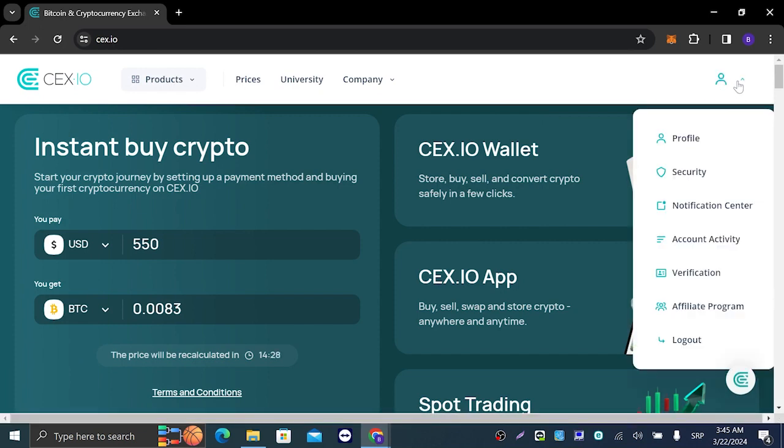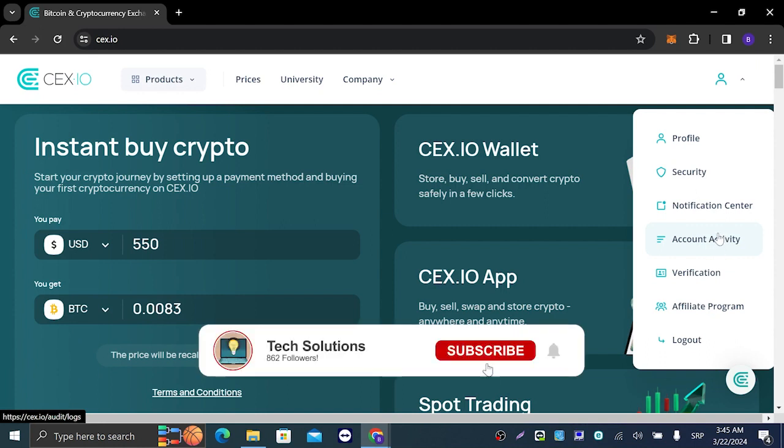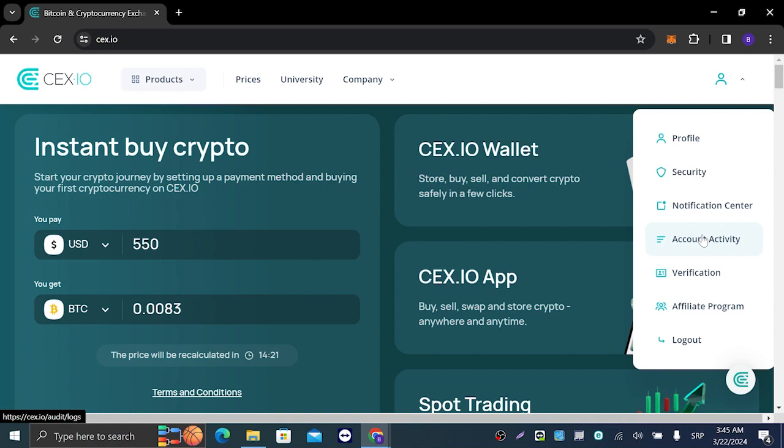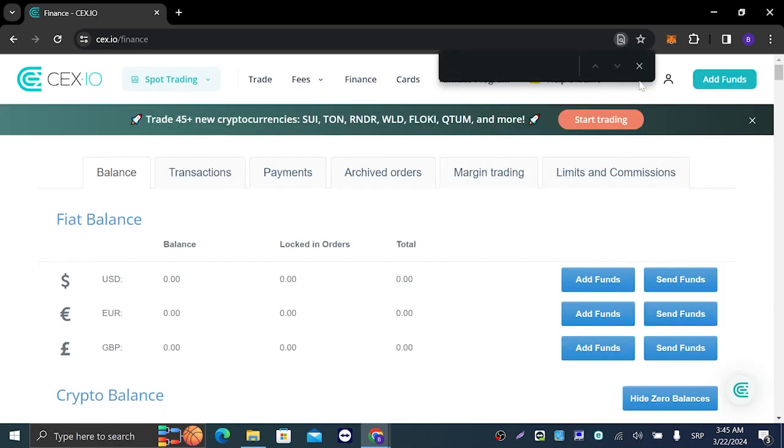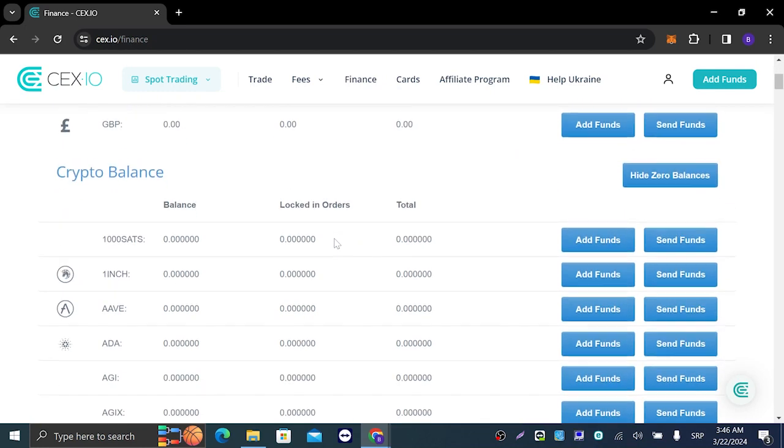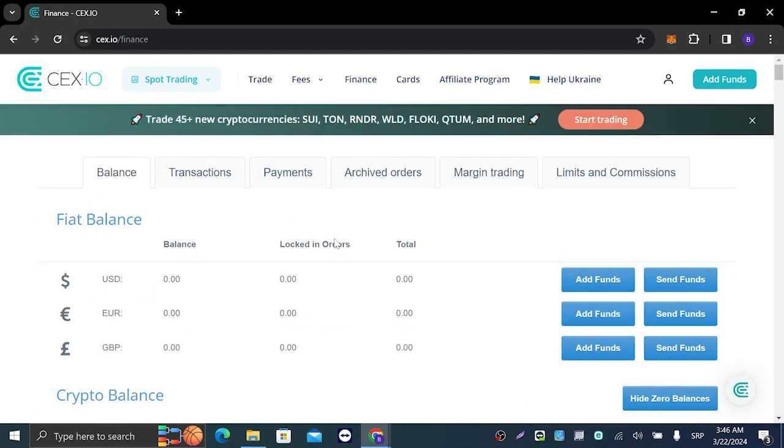In your profile tab, you're gonna click on account activity. So you're gonna right or left click on that. After you left click on that, the first thing it's gonna pop up is all your IP addresses. I had to pause the video, but after you left click on that, you're gonna see this finance button